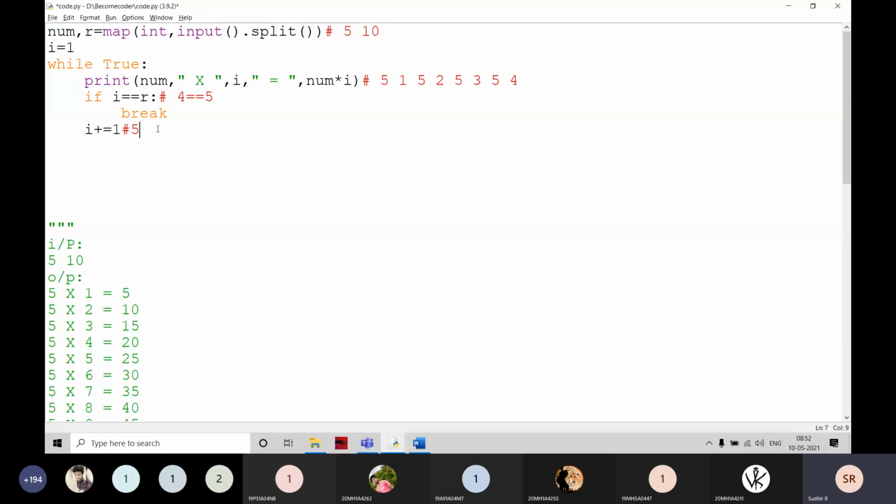No. And when I is incremented to 5, then it is going to print 5 fives. Then it checks whether 5 is equal to 5. Yes. Then it comes out of the loop. Is it clear? If you write like this, then the break statement will be more understandable, more useful.